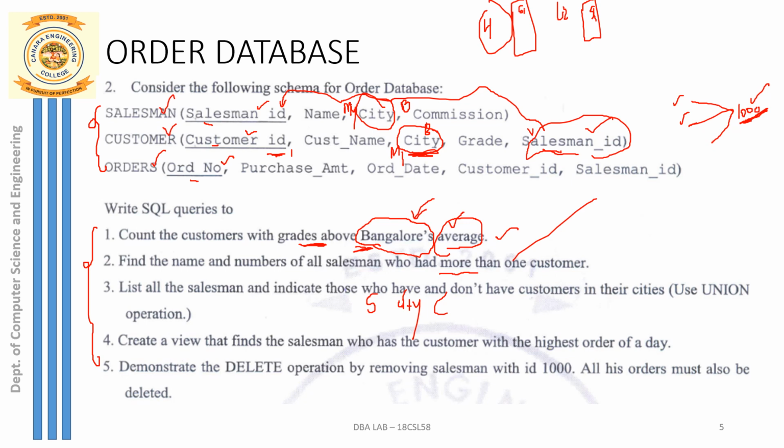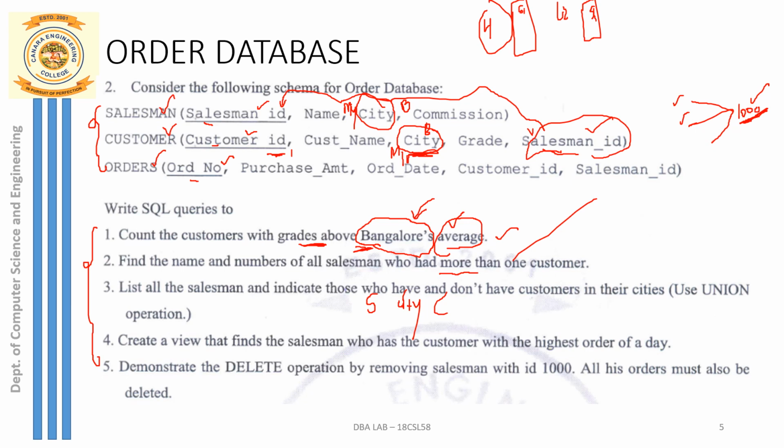So if I have a salesman who belongs to Mysore and if that same salesman is serving a customer who belongs to Mangalore, then the customer and salesman cities are different. Such a salesman's entry you need to add into list 2. Now you have to combine both the lists L1 and L2 and retrieve the query result.